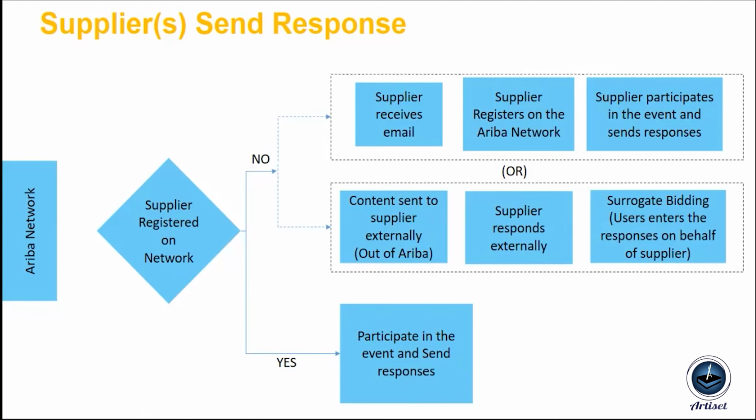If they are not in Ariba network, then we have two options available. We can send, through the email, an invitation, and they can decide whether they want to go ahead with the Ariba network. They can create their account. So two types of account are there for suppliers. A light account, which is free of cost and allows the suppliers to bid on their response. But as it is free of cost, there are some limitations associated to that account. And one is a fully configured account, where there is some cost associated. So the supplier can decide whether they want to go in the Ariba network or not.